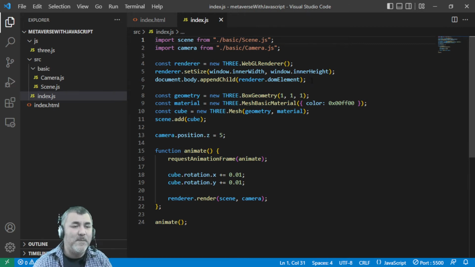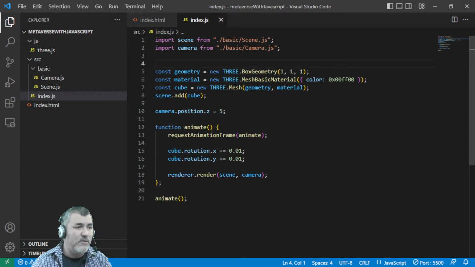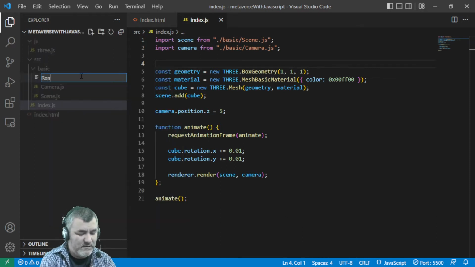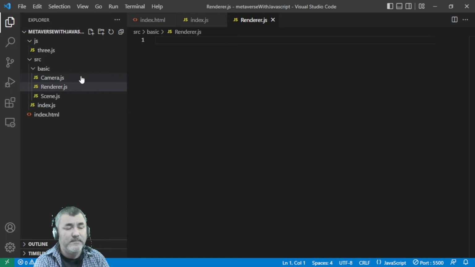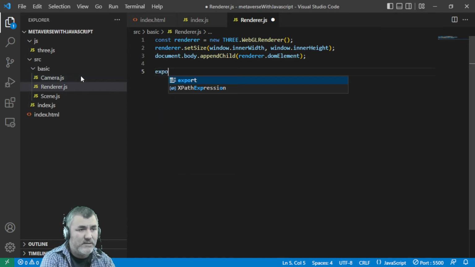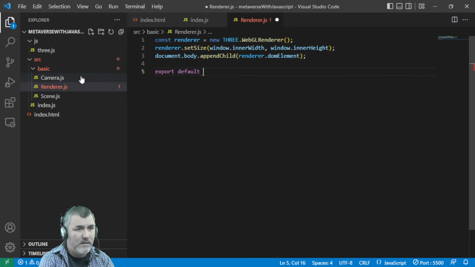So we are going to see now how it is improving our code when we can reduce these 3 lines to only 2. Cutting this piece of code, creating a new file named renderer.js, pressing enter. Now we paste it. Now we write export default renderer,